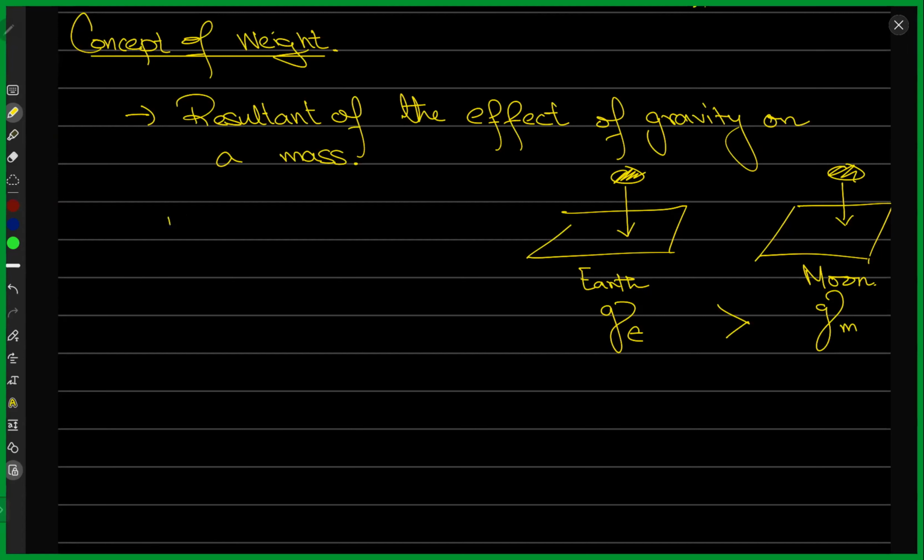And you can write down an equation for this as W, which is weight, equals mass times the acceleration due to gravity, right? So the more the acceleration due to gravity for a planet, the more the weight is. And the mass remains constant. So you can write it as a proportionality: weight is directly proportional to the acceleration due to gravity, while mass is just the constant of that proportionality. So mass remains constant, right?